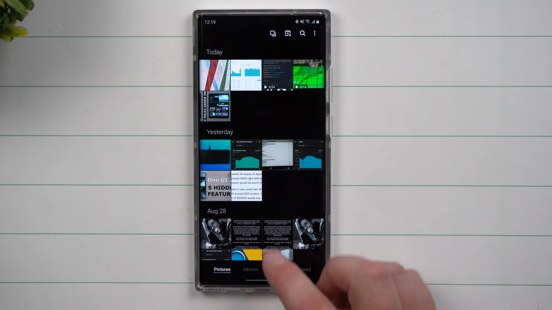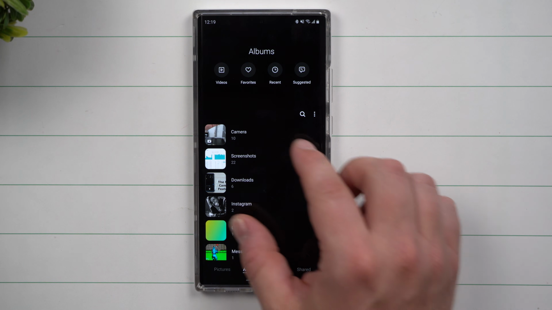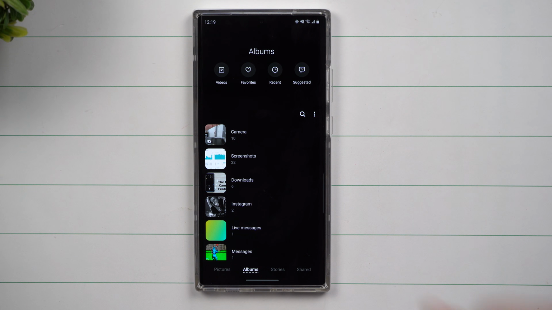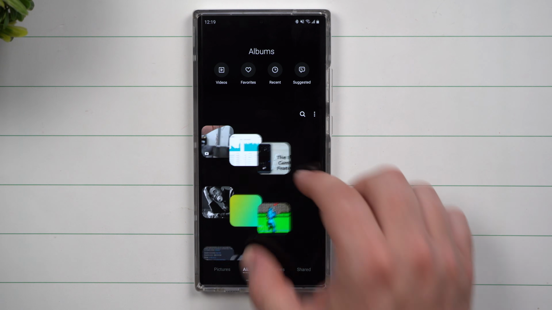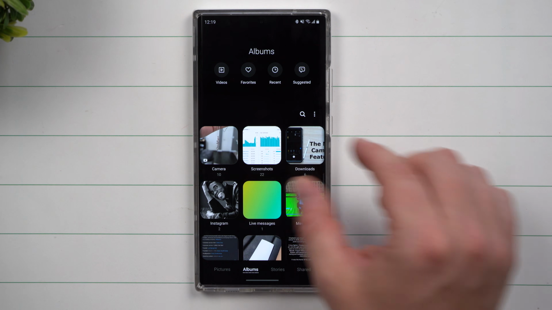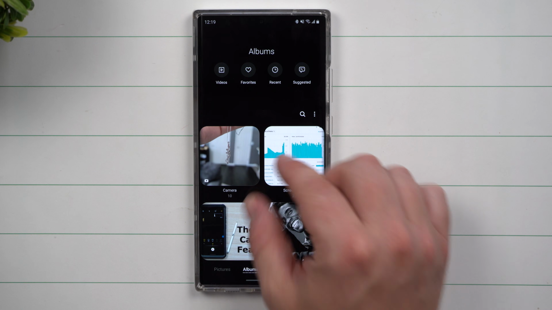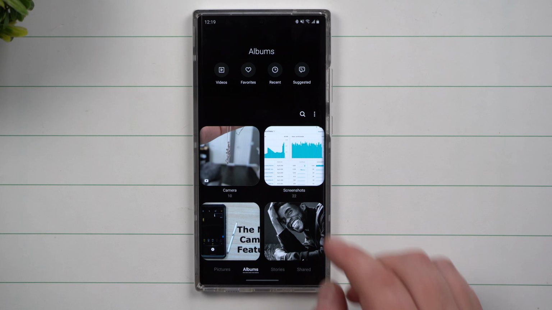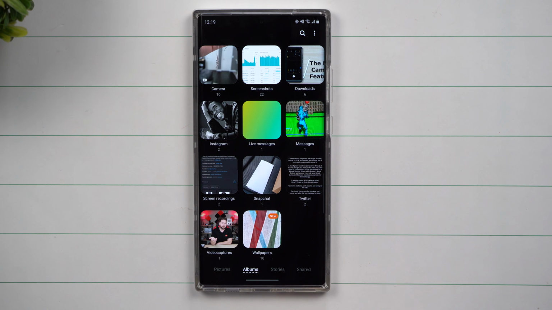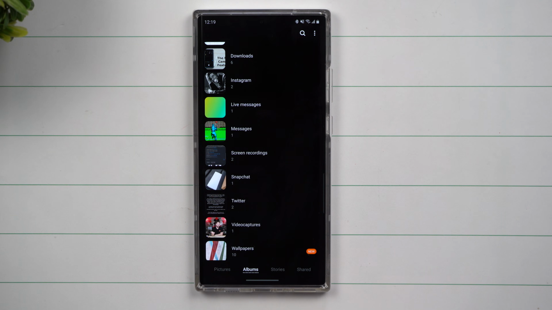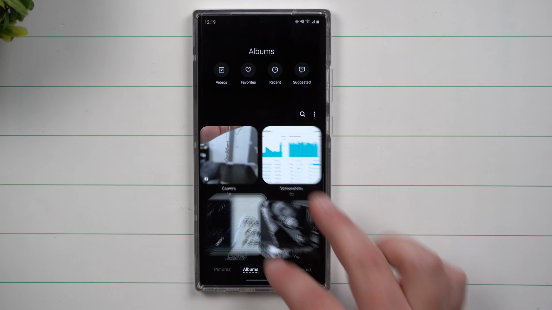Now, the cool thing is that you're also able to do that with your albums. So when you take a look at your albums, if you wanted to go all the way out, so you're zoomed all the way out, you're going to have basically a list of all your different albums. When you zoom in, you're going to see a little bit smaller of these images here than what you would view here. And then when you zoom in all the way, this is going to be your largest one. So you're going to be able to have it only go basically 2 wide when it comes to this one. This one you're able to go 3 wide, and then this one's going to be a list of all the different ones. So this is a really nice way that you're able to customize your images.